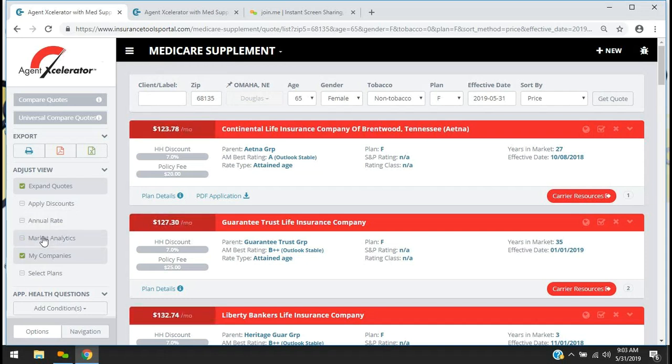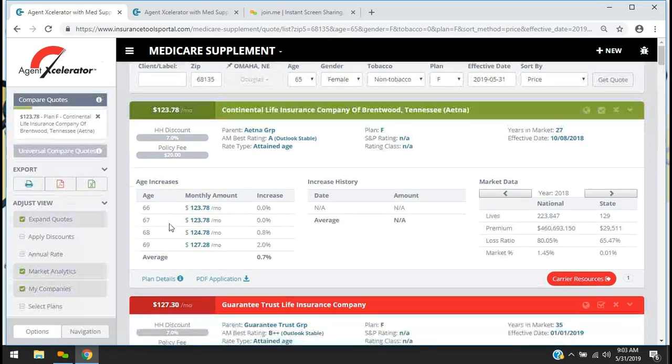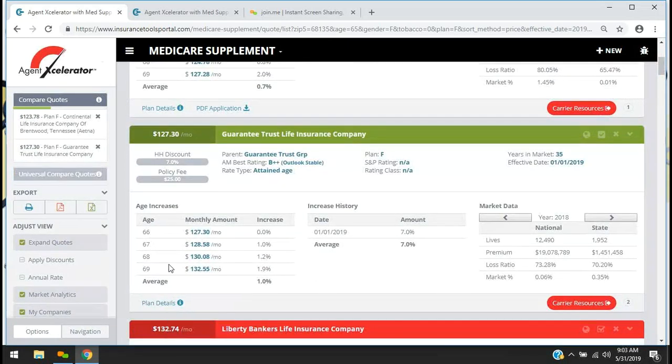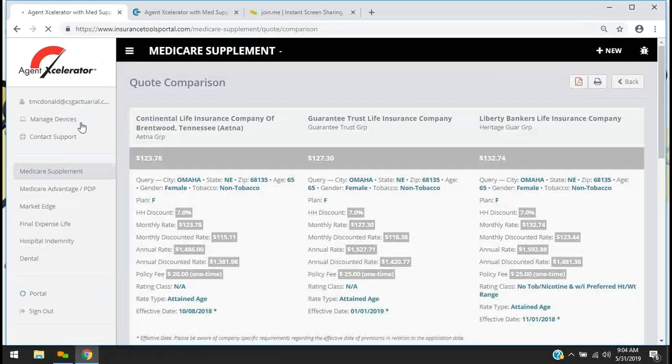And we can also choose to select Market Analytics, which is going to show us our age increases, increase history, and market data. We can also choose to select up to 5 of these plans at a time, and we can compare these quotes. So I'll select 3 for this demonstration purpose, and we can see they're populated here under Compare Quotes. When we click on Compare Quotes, it's going to show us a side-by-side comparison of the 3 plans